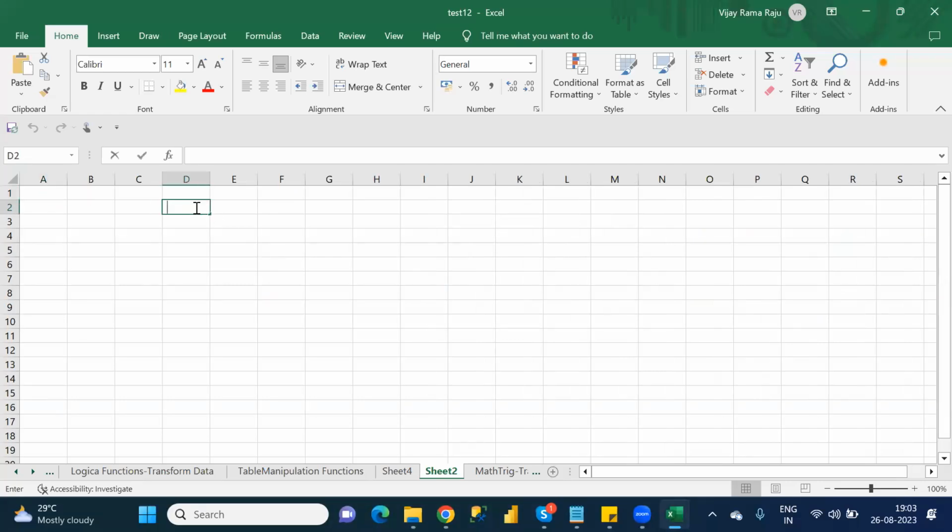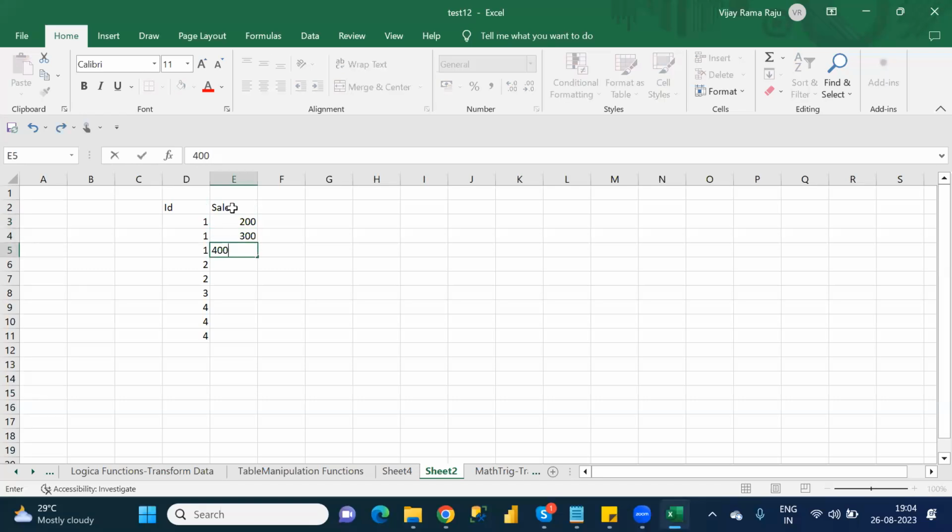there is an ID column. And here there are multiple records. The same value is repeated multiple times in some cases. Like 1, 1, 1, 2, 2, 3, 4, 4, 4, like this it will be there. This is a sales column, and each value has a different sales amount. 200, 300, 400,